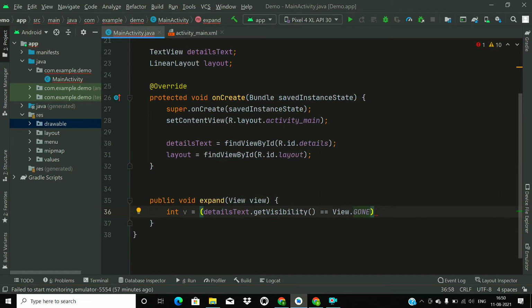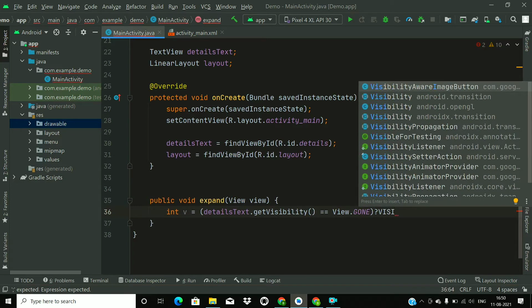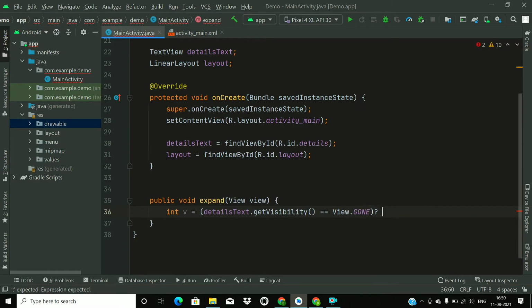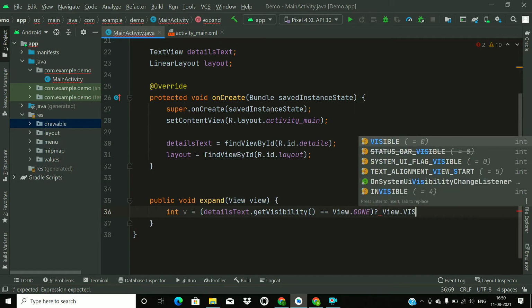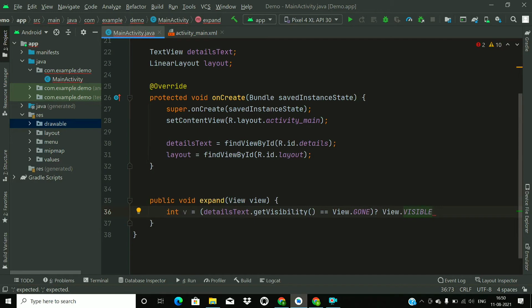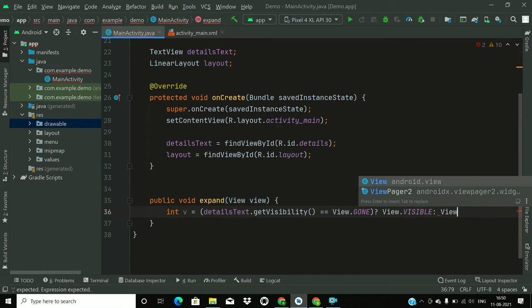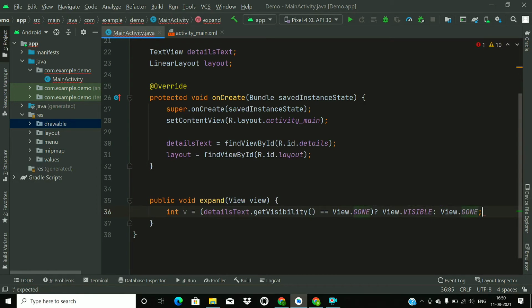I am just checking that if its visibility is gone, then we will make the visibility as visible. So just type visible. It is not giving any suggestion, so I need to type the full name. So View.VISIBLE, and if this is not true, then we will make this constant as gone, View.GONE.